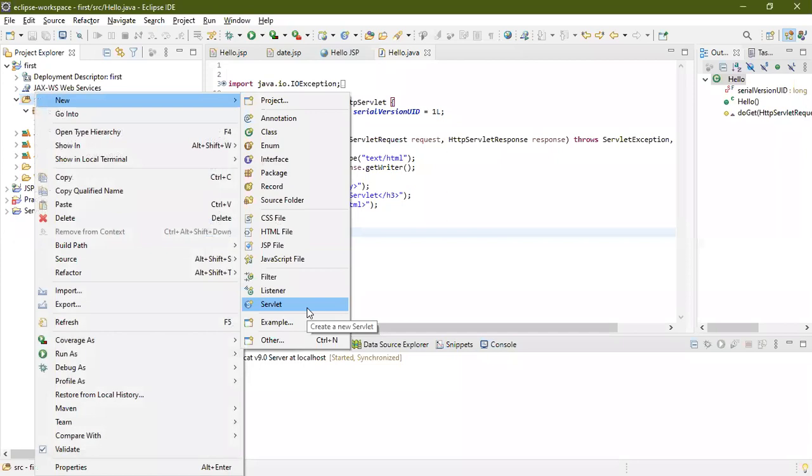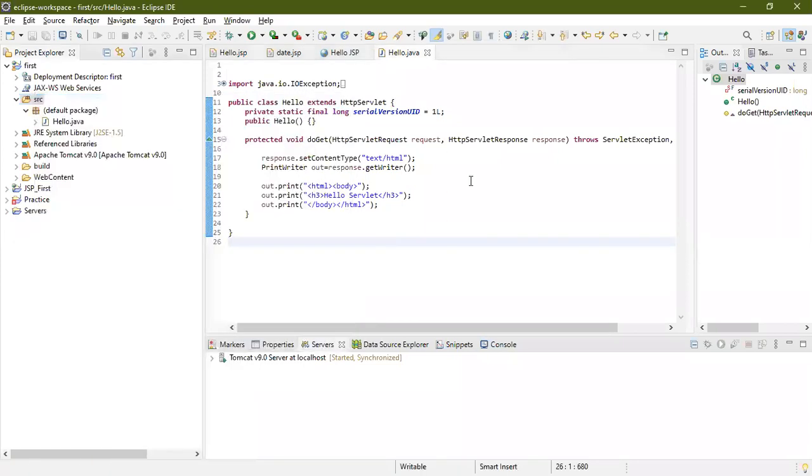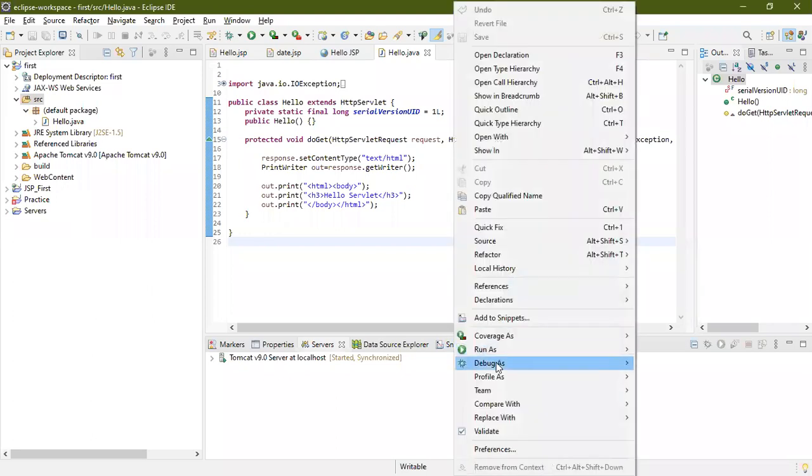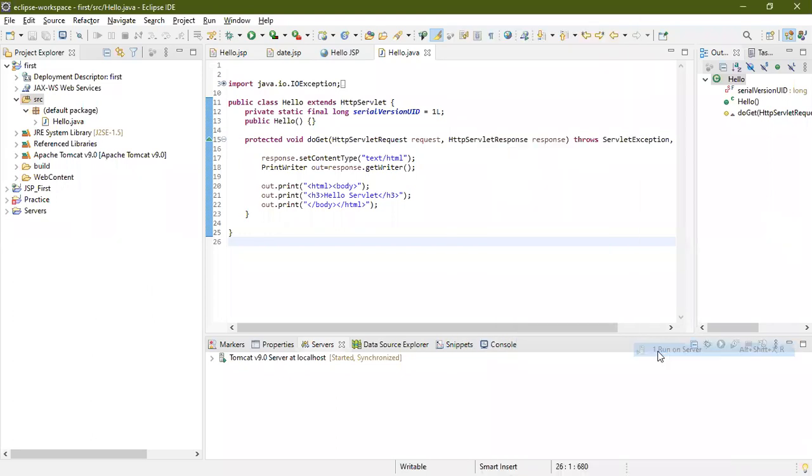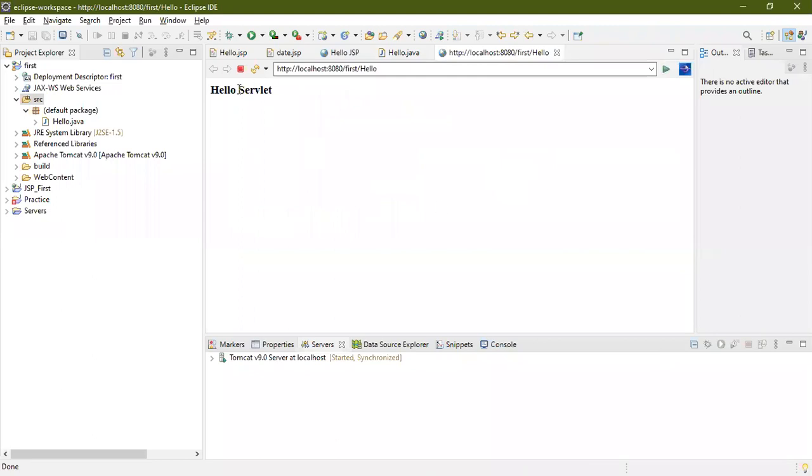A new servlet file will be created and you can just write the code. It is also very easy to run the program. Just right-click and run on the server. See, it is very easy. You can easily run the servlet on this machine.